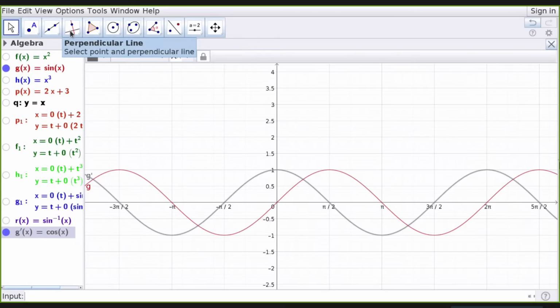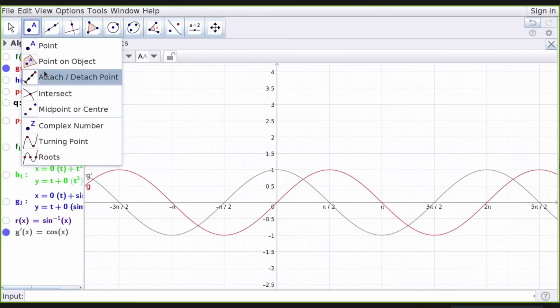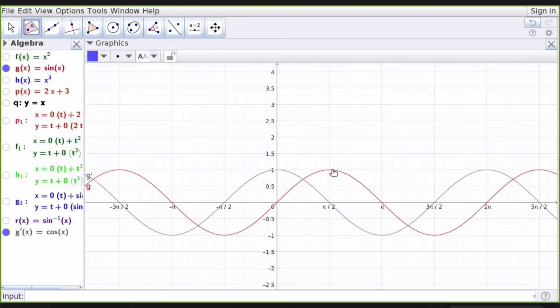In between, I will mark a point on the first curve, that is the sine curve. I have marked a point here.